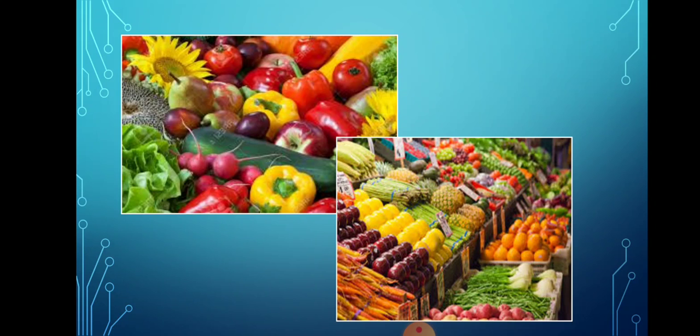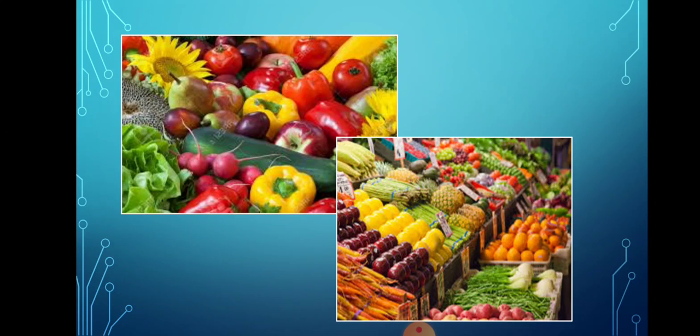Yes, can we find books being kept in the kitchen, or the utensils kept in the study room? No, there is a specific place fixed for these particular objects. So each object differs from each other. Yes, they differ from each other in terms of shape, size, color, and the material that has been used. All these properties that we are talking about, that is shape, size, color of the material, we are going to discuss in this particular chapter.